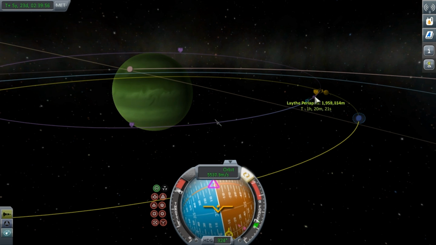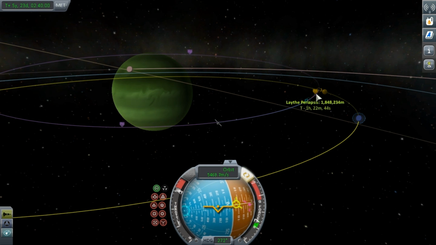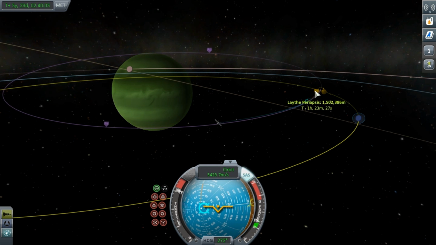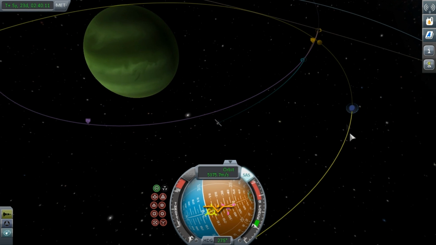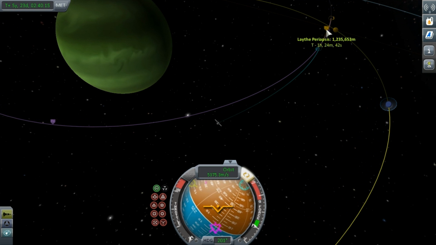Then I want to point myself like this. Maybe like that. There we go. See how the distance is dropping faster? Like I said, I'm aiming for about 15,000 meters. That's a good aero braking altitude. In any case, I'm not expecting to survive, but